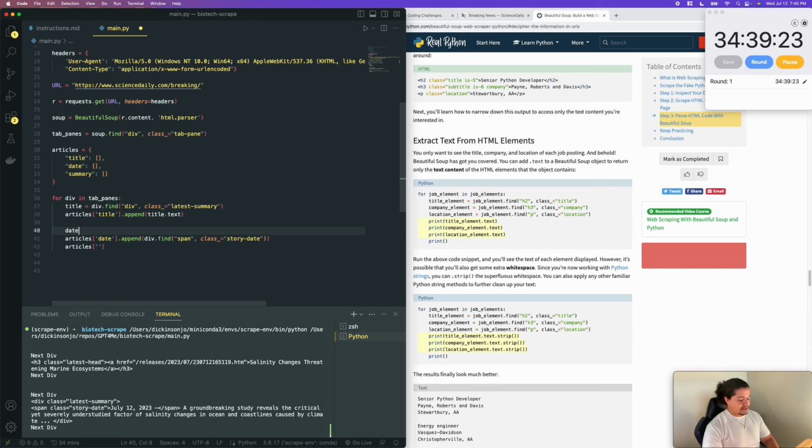And then date equals div.find story date. Getting a little close on time. Span. Okay. And then append date.text. Date. Okay. And then next we're going to have, is it a span? I think it's a span. Class story date span. Well, we have the latest summary, but I don't know